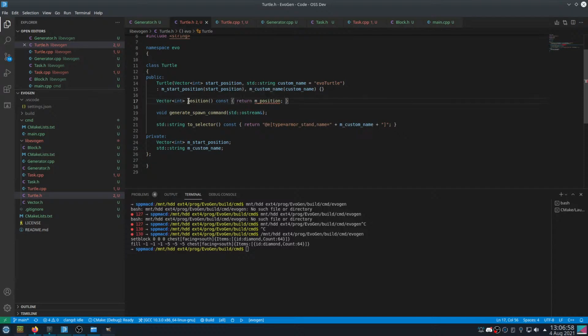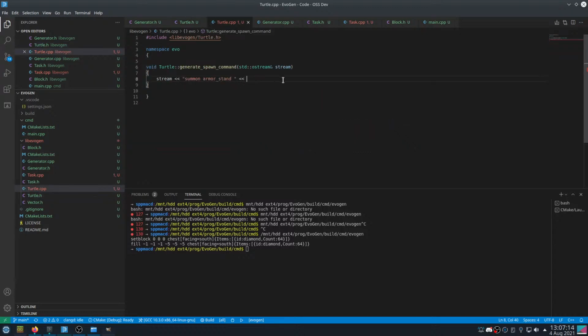Okay, so start position, because everything was tracked by Minecraft. So toSelector stars generate. Okay, selector and mStart